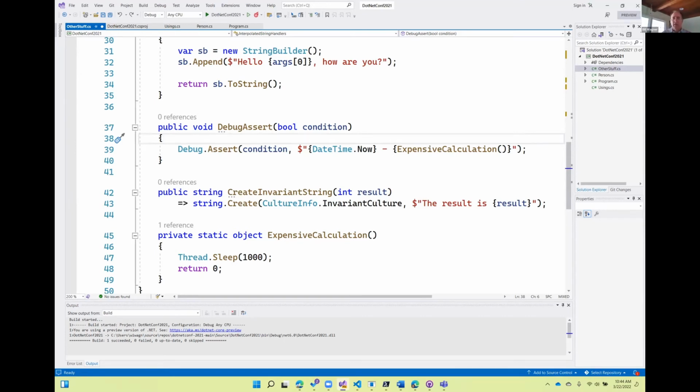And as we get into that, now what happens is there's a special string handler for methods like this, including our logging methods, that then says, would I actually use the string I'm about to produce? So it will look at things like log level. If it was a logger, debug assert, it will look to see if this condition is true. If the condition is true, then nothing's going to get printed, and it doesn't even bother to compute the interpolated string. If it's going to get used, well, then it's going to do that expensive calculation because you want that output, and then